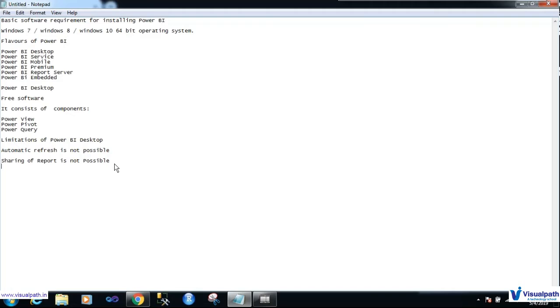Dashboards cannot be created in Power BI desktop. Got it? You cannot create dashboards in Power BI desktop. All the other features and development work we can do in Power BI desktop.